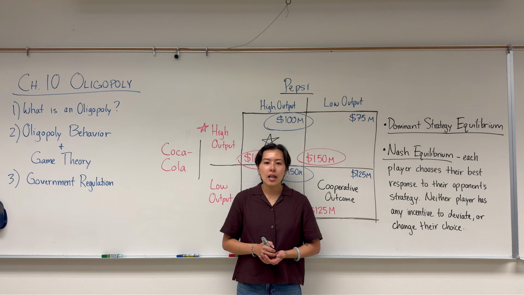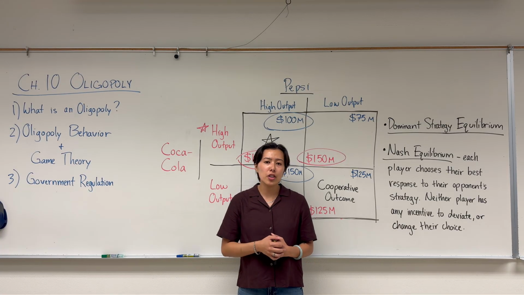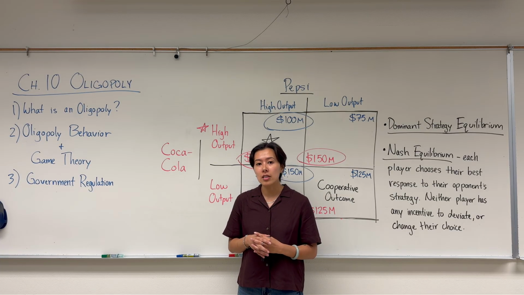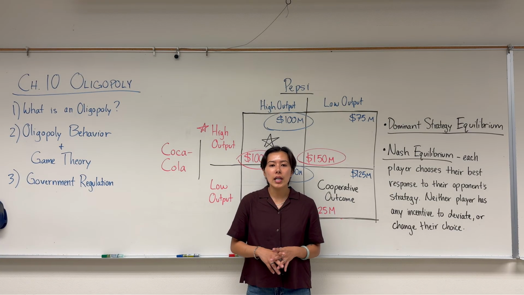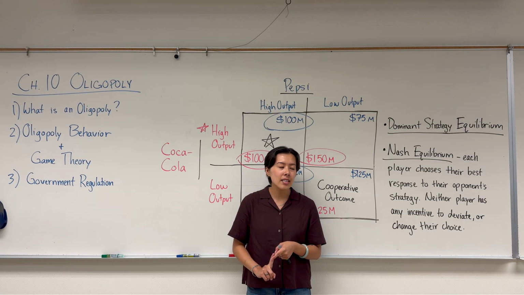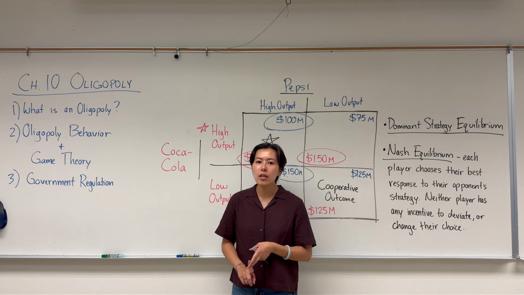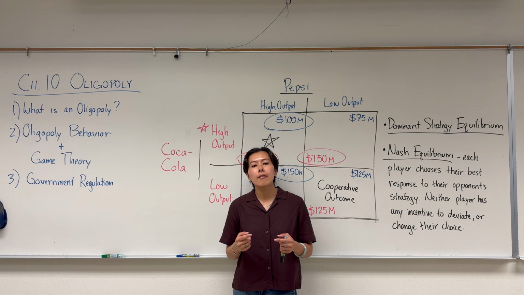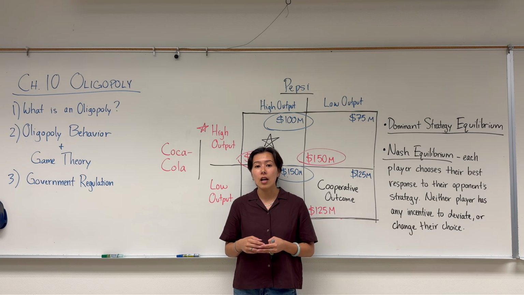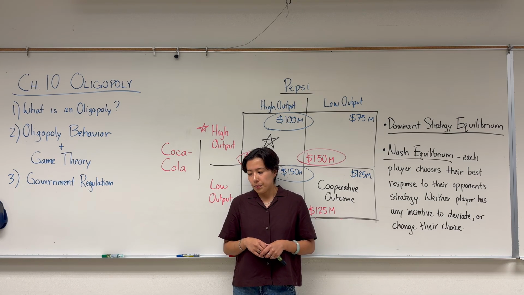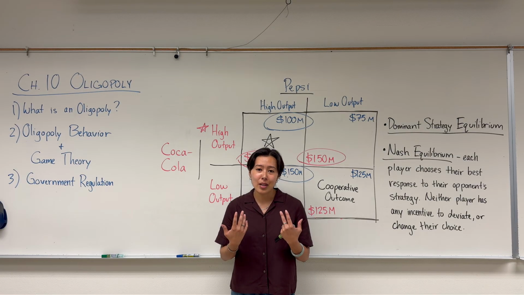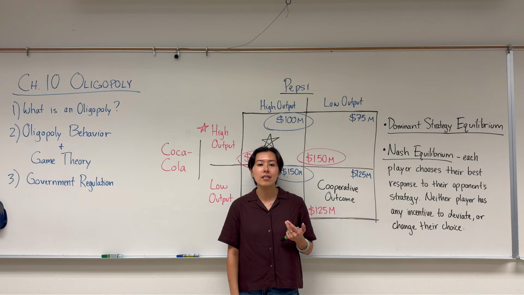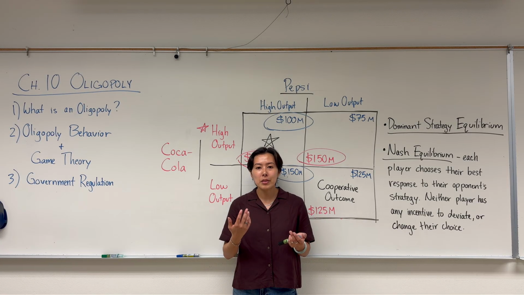All right, lastly, I just want to touch back on some of this government regulation. So we've already said that collusive behavior and the formation of a cartel is illegal in most places. Here in the US, we have the Sherman Act of 1890 and the Clayton Act of 1914, which prohibit this collusive behavior. They say that it's illegal, and firms that engage in this behavior will be convicted of a felony. So even though we have these regulations in place, these antitrust laws to discourage or prevent this collusive behavior, it still happens all the time.